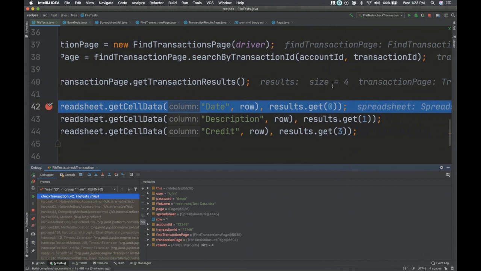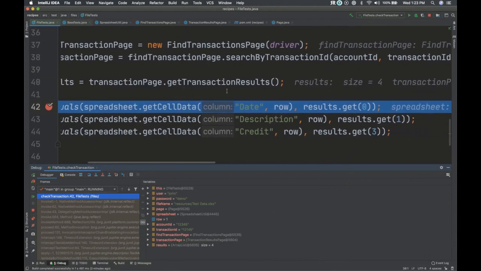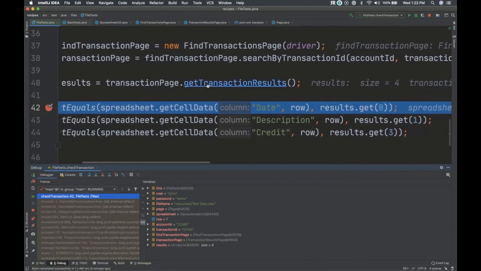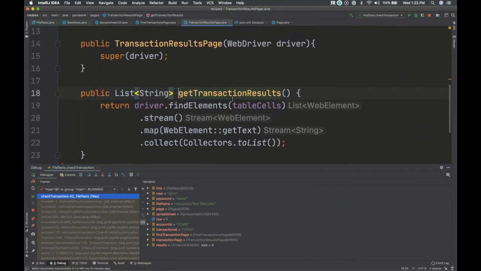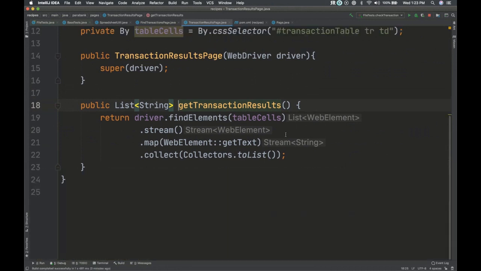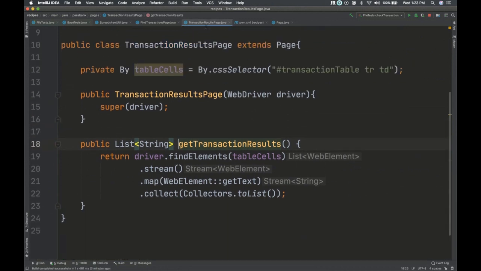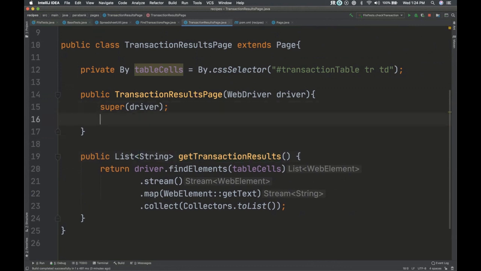Okay, so since this has populated this time, it tells me that there was a timing issue because this went from a button click to a new page, and then all of a sudden this was 0. So what that's telling me is that I need to wait for this page to load. So inside of this constructor, when we call this transactions results page, let's go ahead and put a little wait here that says wait until that table is there.